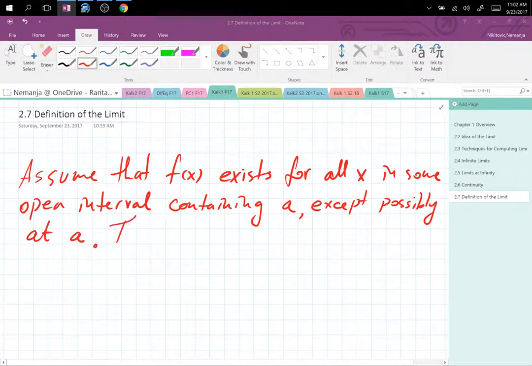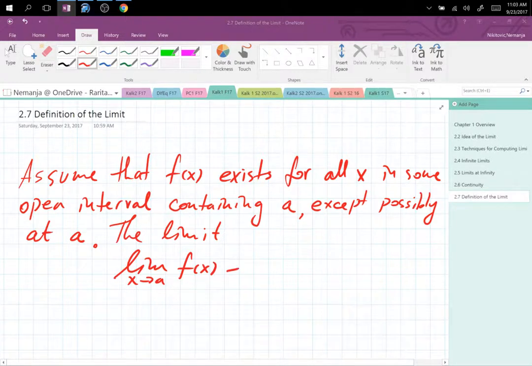So, the limit as x goes to a of f of x equals L is